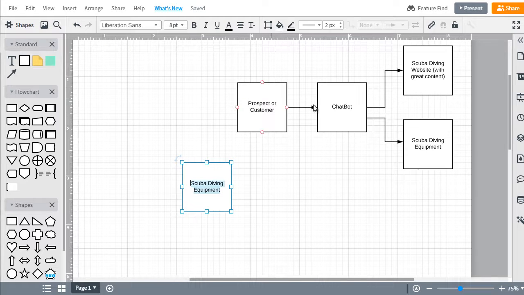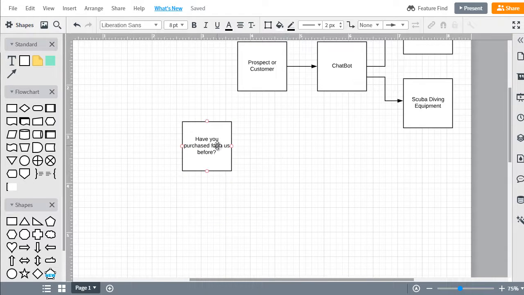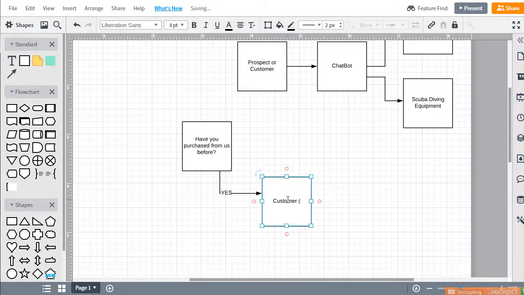So in order for me to know whether somebody's a prospect or a customer, I need to ask a question. Have you purchased from us before? So if they say yes, then they are a customer and they are aware.